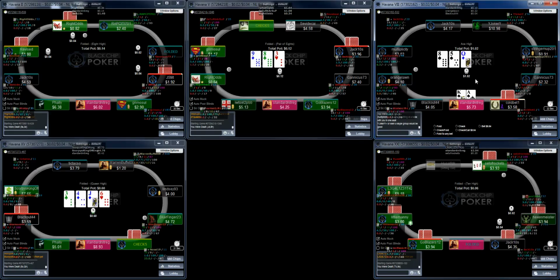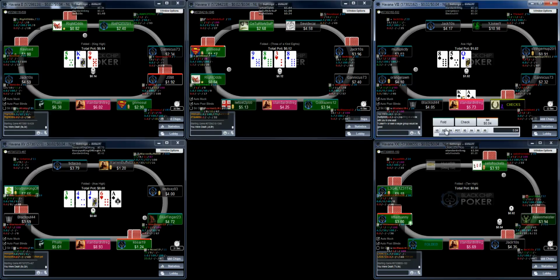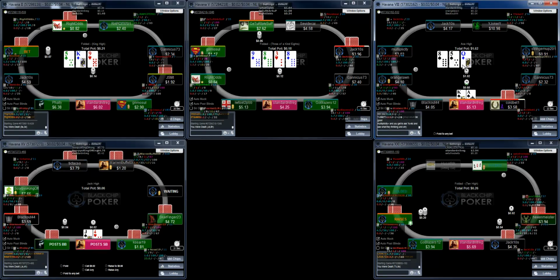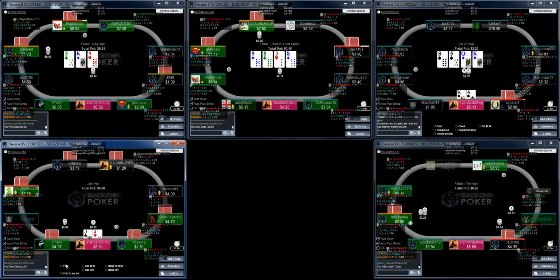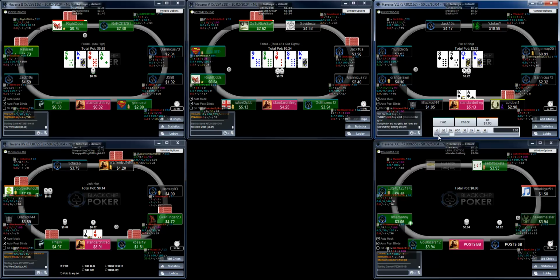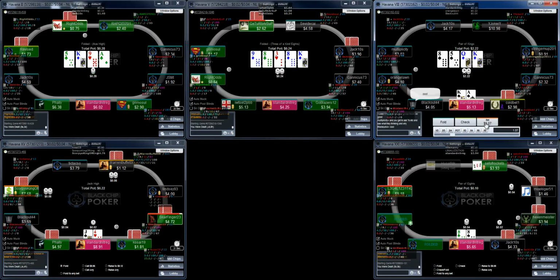Pretty good flop for my hand. You don't have to bet that big on these boards, so I'm just going to bet 60 cents. I mean, he's either going to have a hand that he wants to continue with or he's not. They're going to play very straightforward. So I can just bet a straightforward amount, and then I end up flopping top pair, so let's go ahead and bet half pot